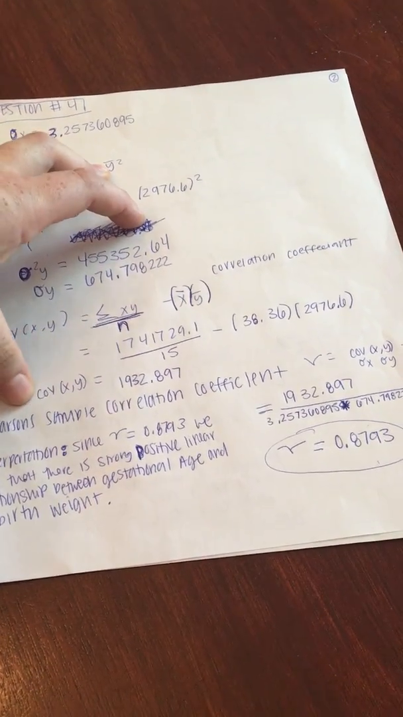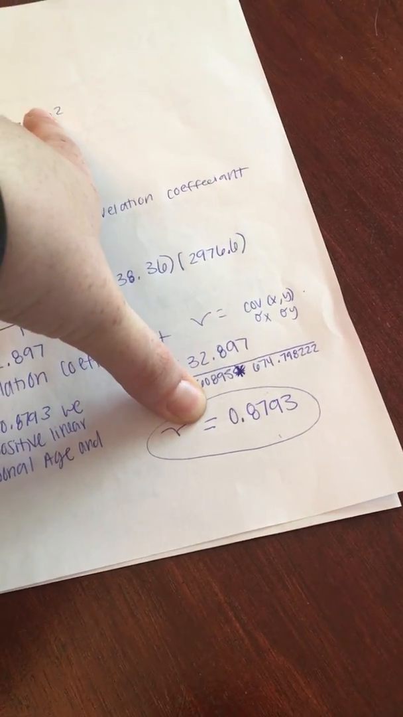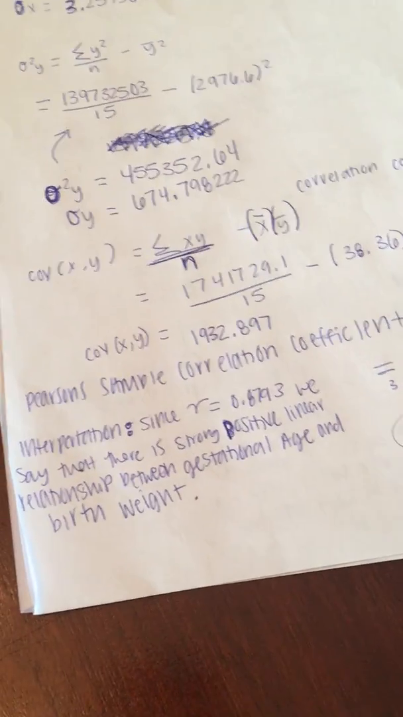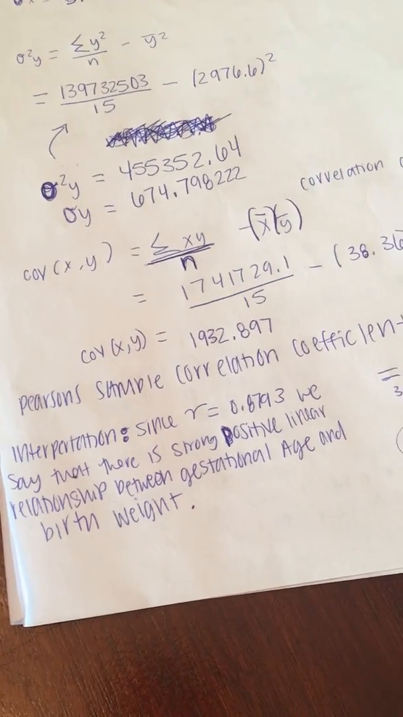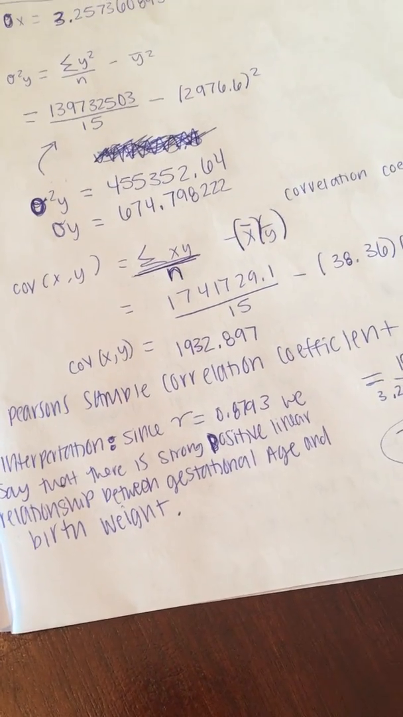So like I was saying, the correlation coefficient R is 0.8793. Since R is 0.8793, we can interpret that there is a strong positive linear relationship between gestational age and birth weight, because it is greater than